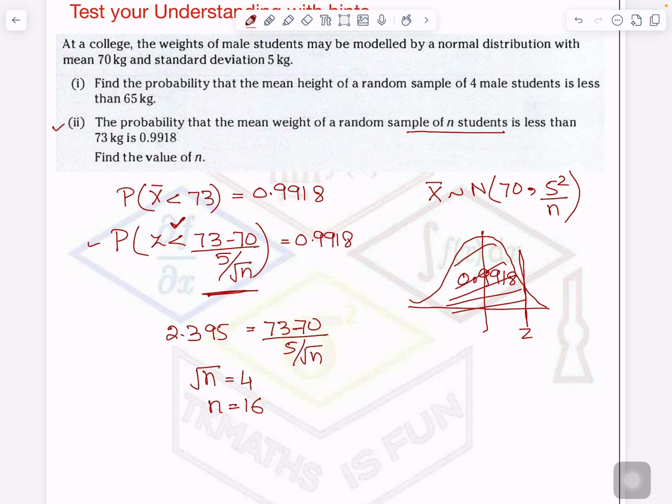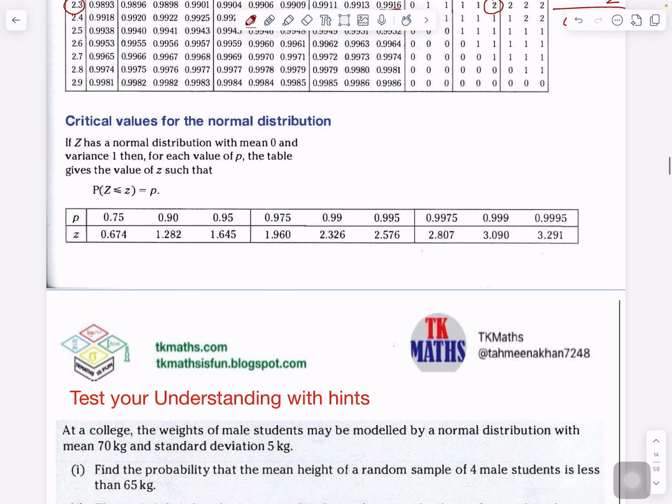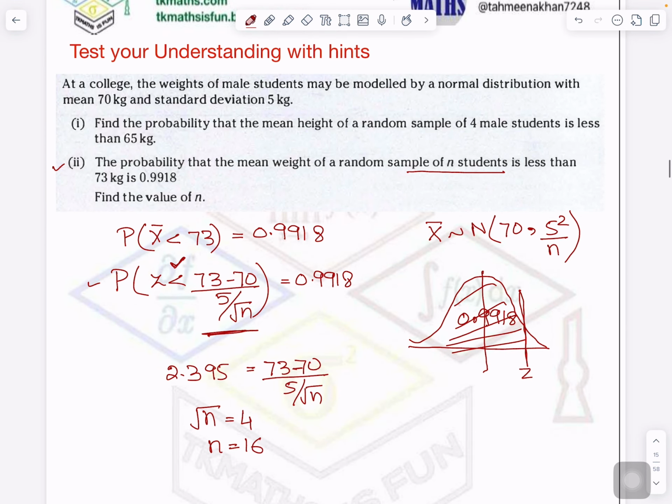I hope you understood this question. I have solved very slowly with you so that you can also solve along. So thank you very much for watching the video. I hope you understood it. In the next video, we will start